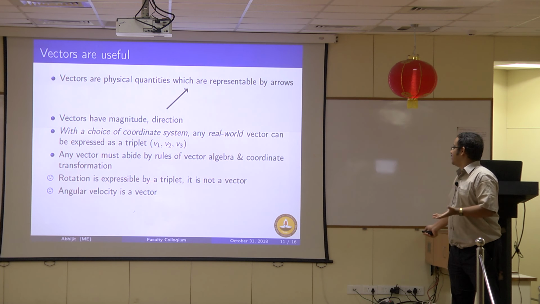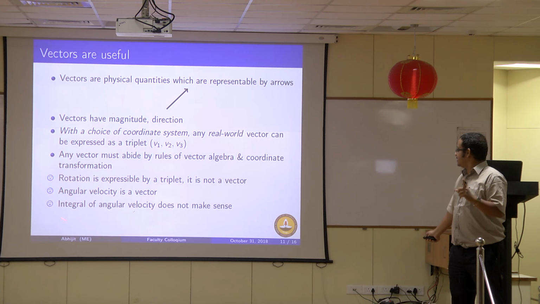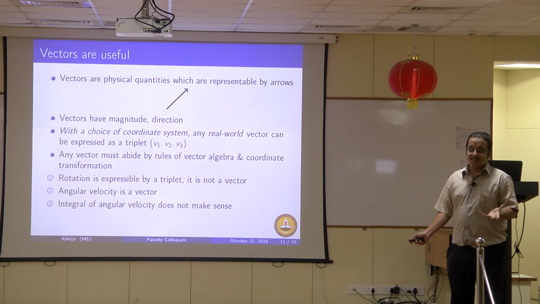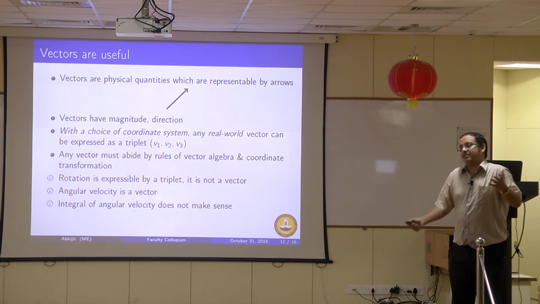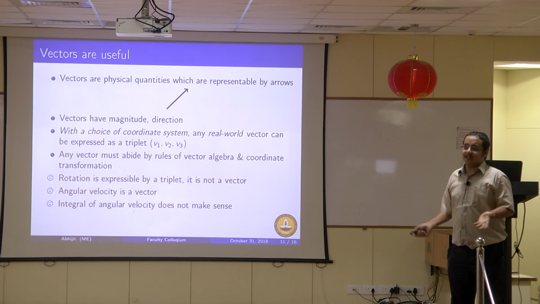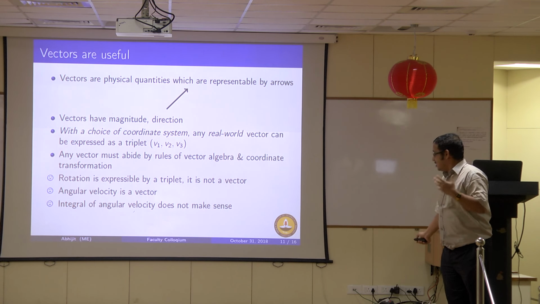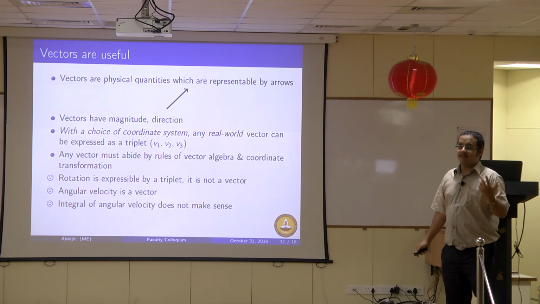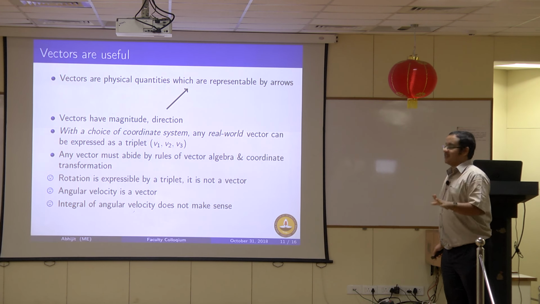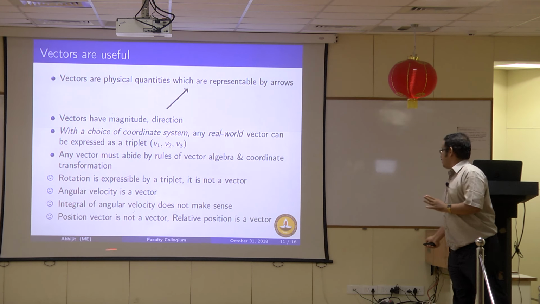We cannot prove it in this 1 hour session, but angular velocity does become a vector, which essentially means that the integral of angular velocity is nonsense. It does not exist. You can take it to a computer and integrate it, but it is sheer nonsense, because you are expecting the integral of angular velocity to be the rotations, but you have forgotten that the derivative of the representation of rotation is not angular velocity. Angular velocity is something else, which we will not talk about.